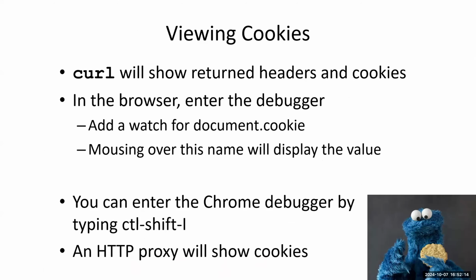Okay. Sometimes you might want to look at the cookies. Again, if the cookie is not HTTP only, then your browser can look at it. If you're in the browser, you can go into the debugger. Now, to get in the debugger on Chrome, you can go Control-Shift-I, I as in inspect, or you can right-click the page and go to inspect, or you can go up to the options and go to inspect. Some of these also work in Safari and other browsers you might use on different systems, particularly Macs. Go up into the options, go to inspect, and it starts the debugger.